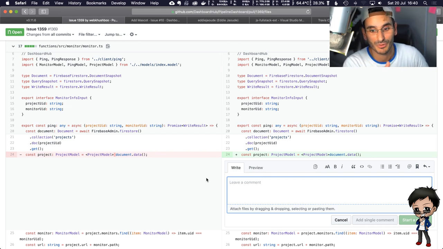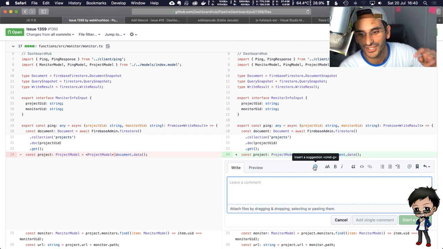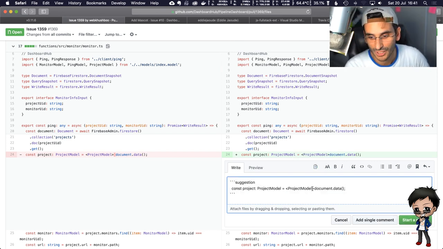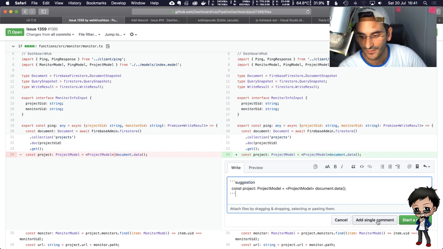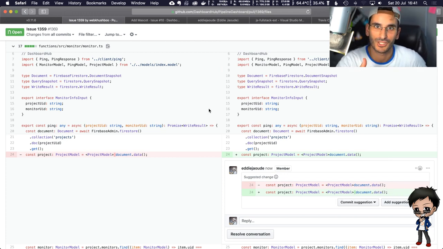It's a new GitHub feature I want to show you. Let me put a comment in. Have you seen this? Insert a suggestion. What you do is go like that, space, and it comes up as a suggestion. Then if I go add single comment, Kush doesn't need to make the change and then push it up and all the rest. All she needs to do is accept it, and it will automatically make the commit and change all through the UI. So let's give that a go, Kush.